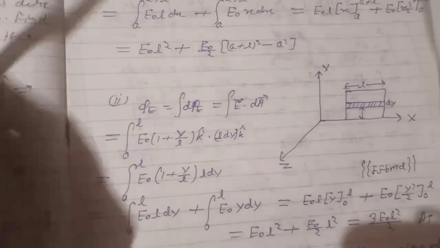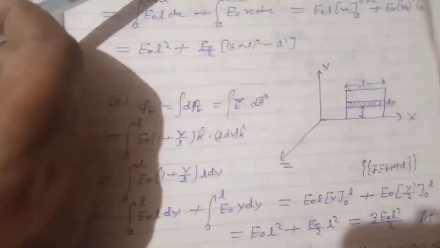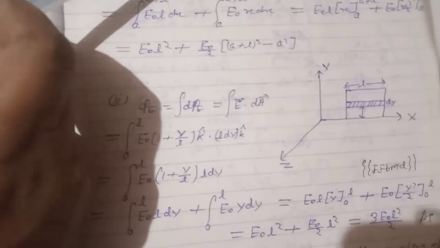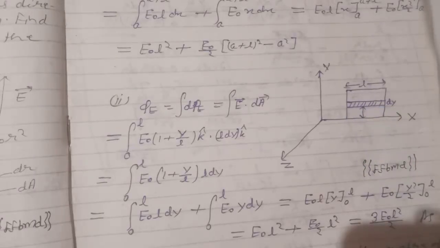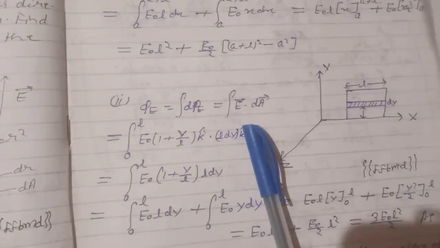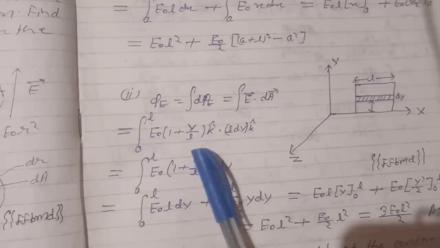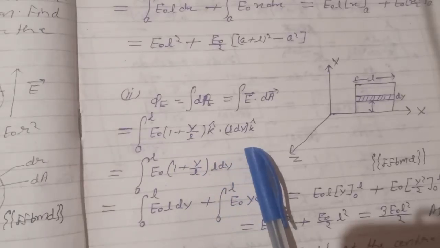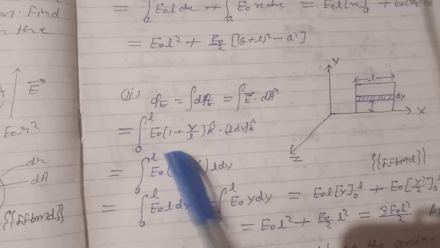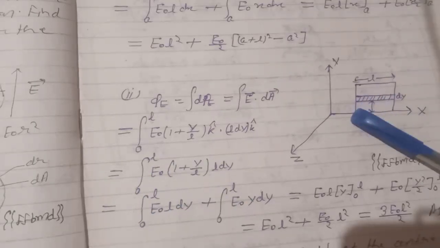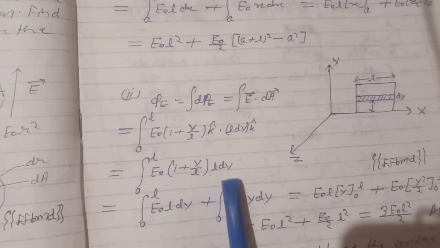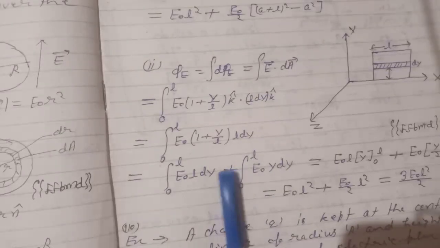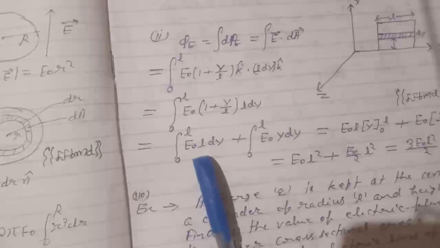because here variable is y, electric field depends on the y value, that is the y coordinate, so we have to take a strip like this. So integration phi will be integration E vector dot dA vector, or E naught into 1 plus y by L into k cap dot L dy into k cap, or 0 to L, and this limit will be 0 to L. So 0 to L E naught into 1 plus y by L into L dy, where L dy is the area,